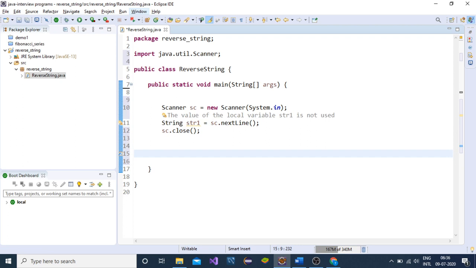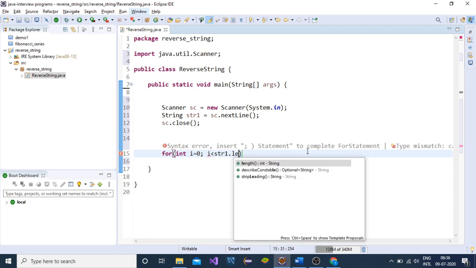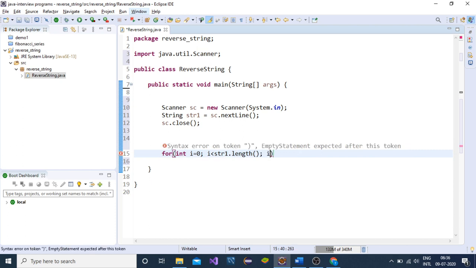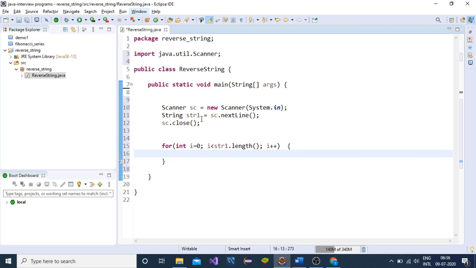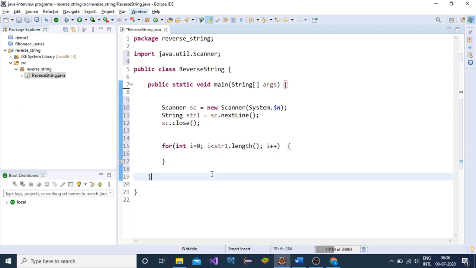This is repeated work, so we will use a loop. So for int i equals 0, i less than str1.length, i plus plus. We will start from the 0th index and we will run this loop till the length of the string.